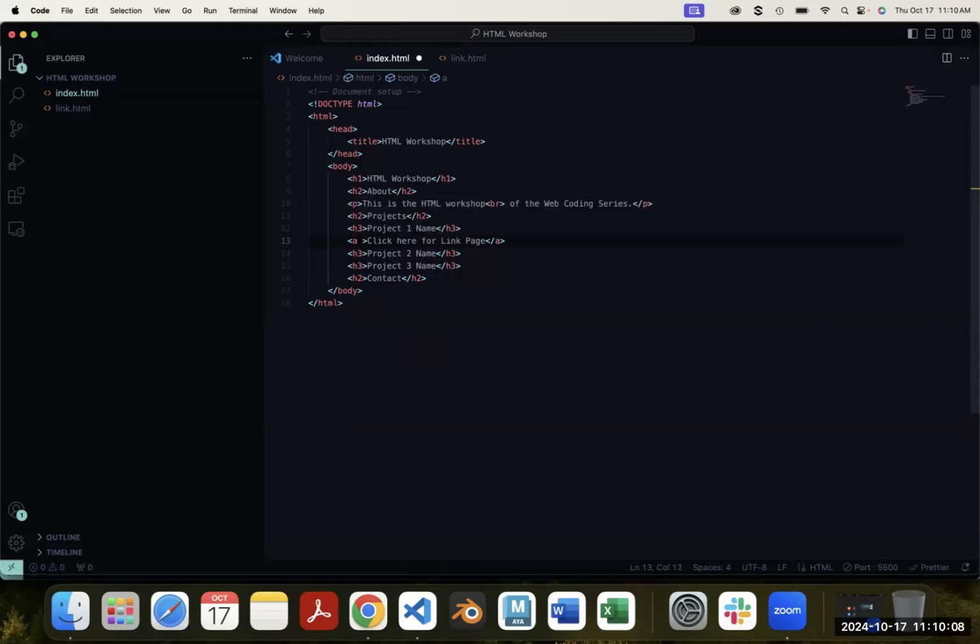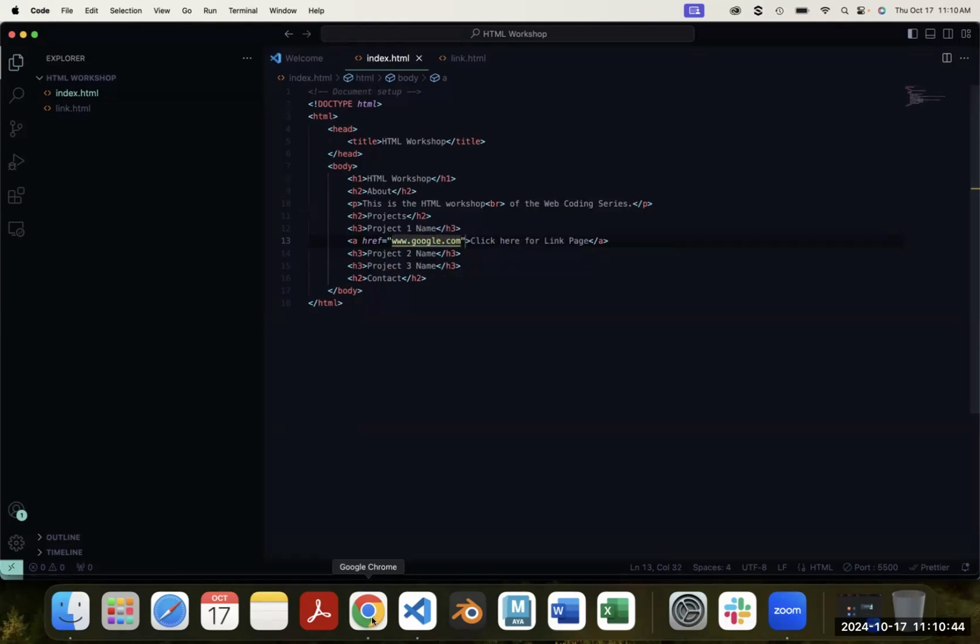And the first attribute we're going to use is called the href, or the hyperlink reference. So you just type in href and you set it equals, and then it should add some quotation marks for you by default. And then whatever you put within these quotation marks, this is where it's going to point towards. So you could put, let's say,